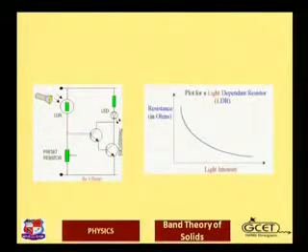Here is the plot of the light dependent resistor. It is actually the plot of resistance versus light intensity. The resistance is plotted in ohms and light intensity is measured in terms of candela. One can see here that as the light intensity increases, the resistance gradually decreases, and that's why this is called light dependent resistance. And this gradual decrease in the resistance consequently increases the conductivity.